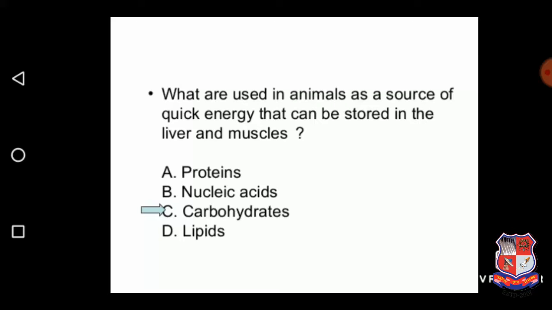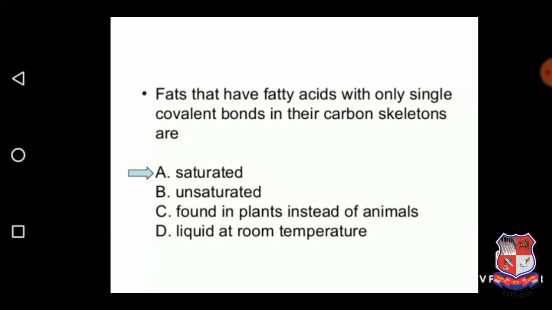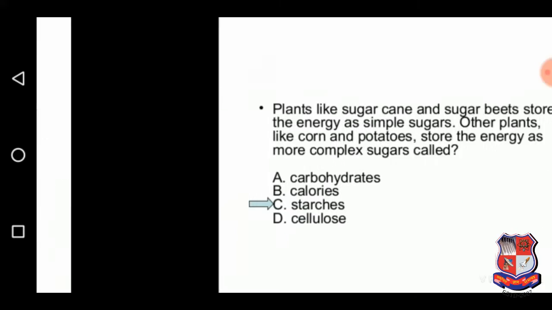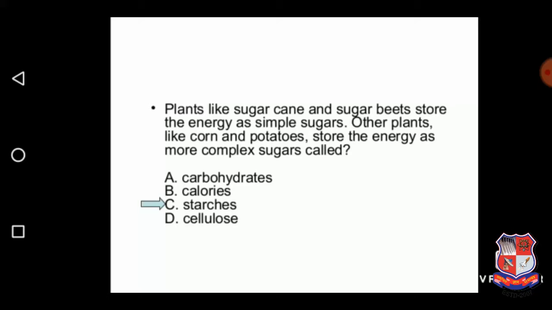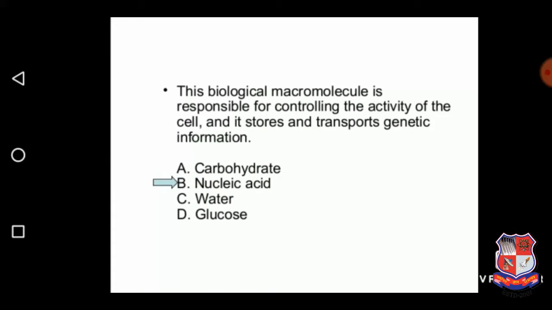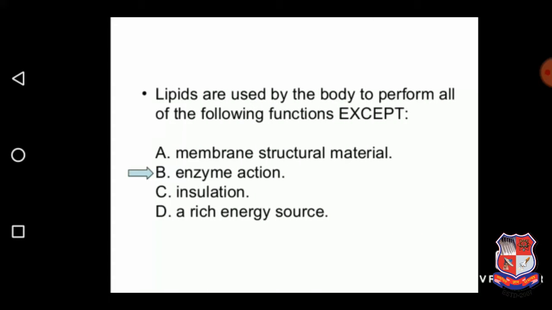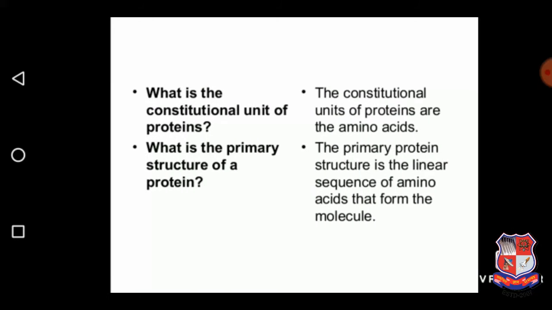What is used in animals as a source of quick energy? Fats are fatty acids; with only single sugars, starches and cellulose belong to this. Plants like sugarcane and sugar beets store energy as simple sugars. Which biological mechanism is responsible for controlling the activity of? In this stable structure, most of the carbon and compounds have peptide bonds. The lipids are used by the body to perform all